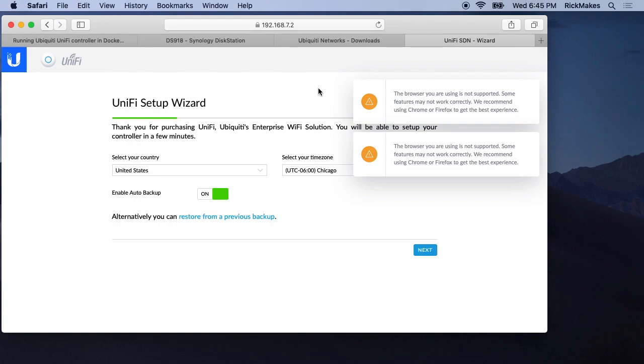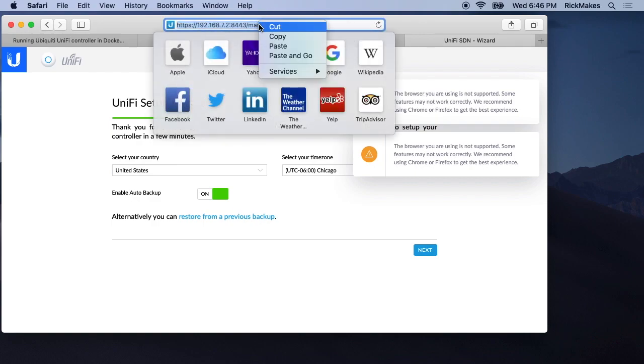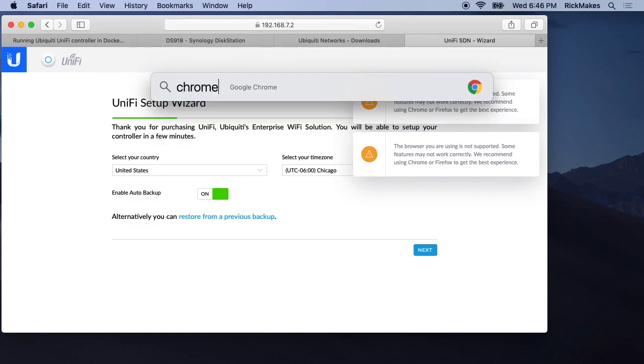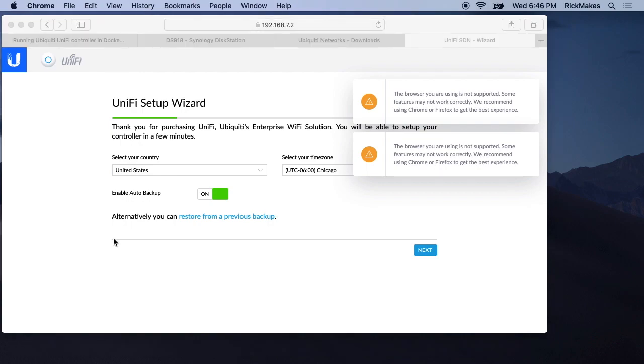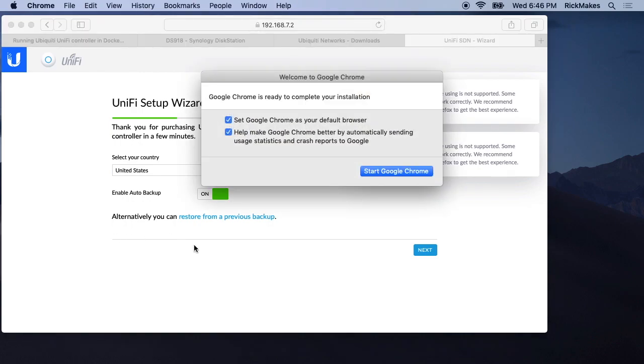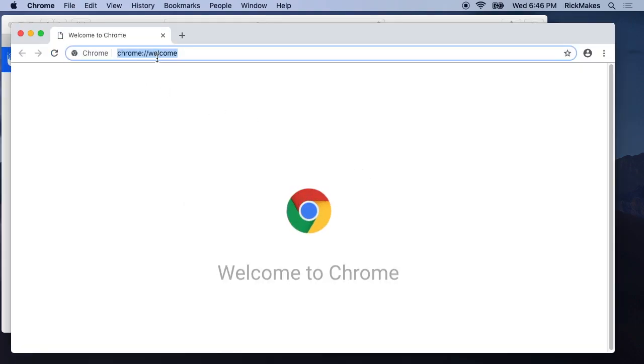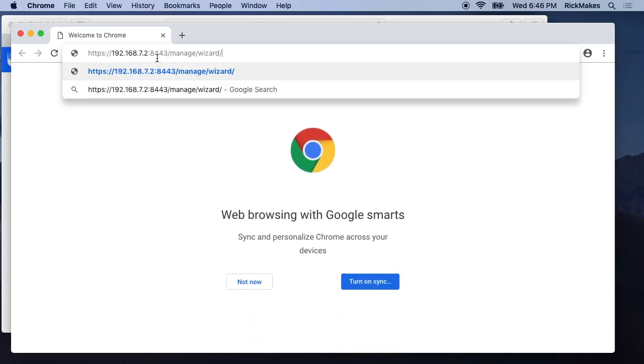I installed the UniFi controller and I accessed the web interface. The first thing you may see here is it says the browser is not supported. So I'll copy this URL, and it does work in Safari, but I'll go over to Chrome, which is supported. I'll open up Chrome here. This is my first time opening Chrome on this user account. I'll paste in the URL,